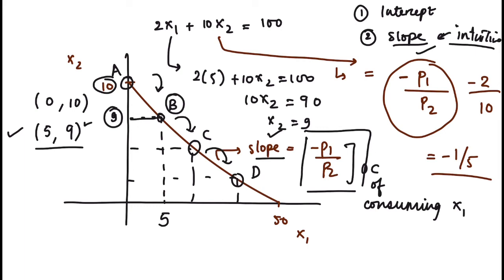And why the slope? Because it is the slope or the prices that determine that after consuming a certain quantity of one commodity, how much can I still buy of another. Because here we are assuming that the income is unchanged, the prices are unchanged, the quantities are changing. And to determine if I change this quantity by 1 unit, how much of this will change, it only depends upon the prices. And this is why the slope of the budget line is the price of the first good by the price of the second good, and intuitively this is the opportunity cost of consuming good x1. So I hope we're clear with this concept.